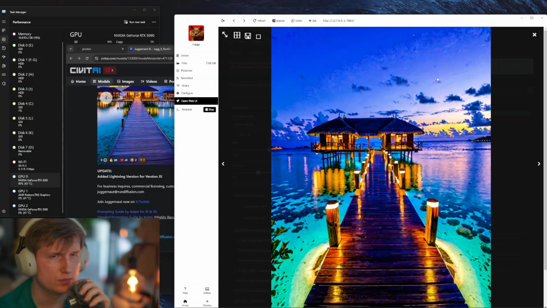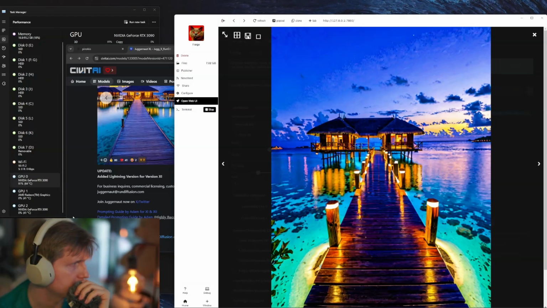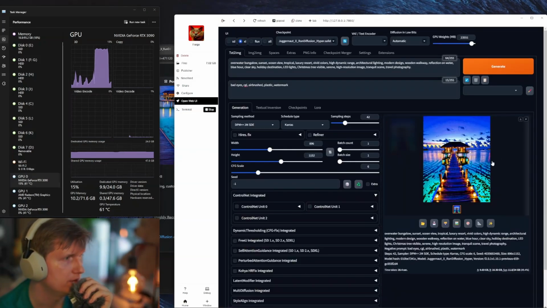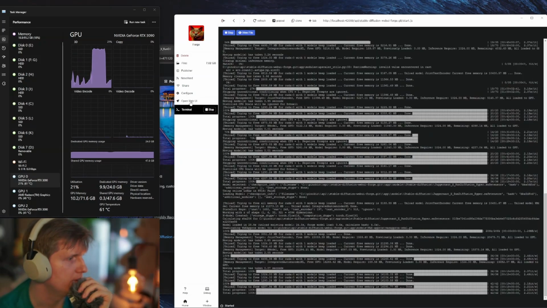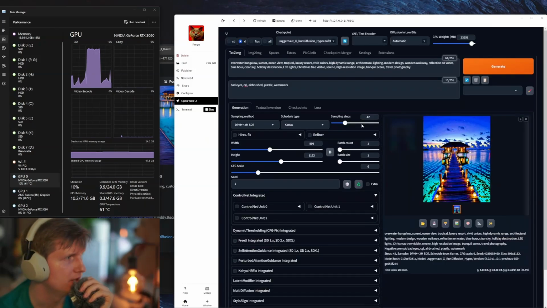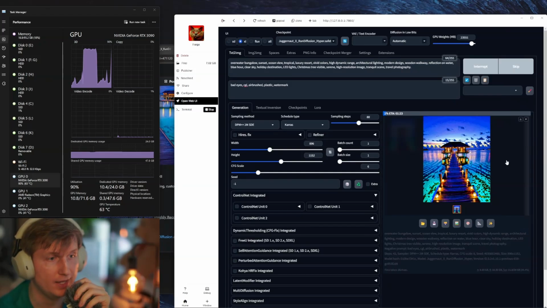And again, this is due to this being a hyper model. If you're going to get the original, the original is going to be much better. I don't know what happened. So now we got issues in the lake here. And if we crank up how many sample steps we do, so let's say 88,